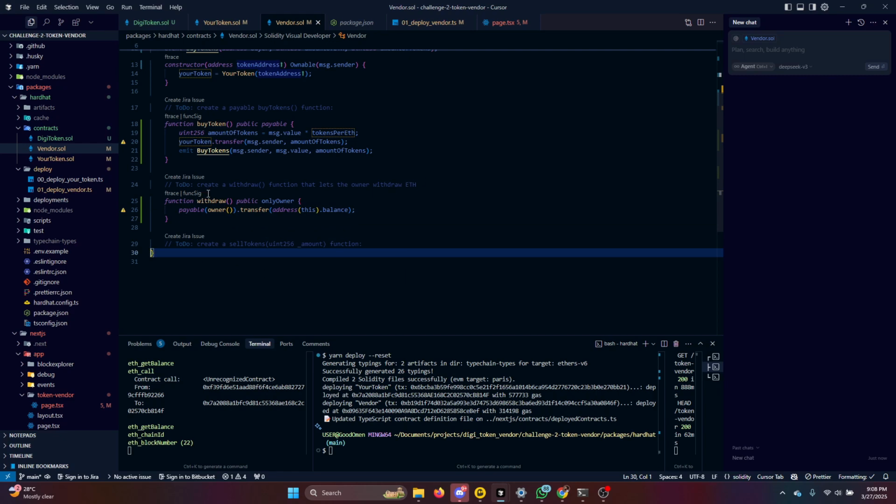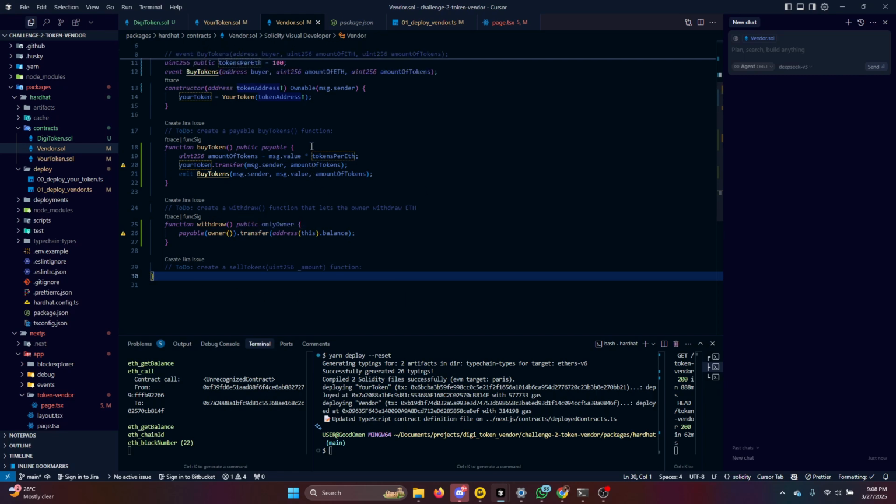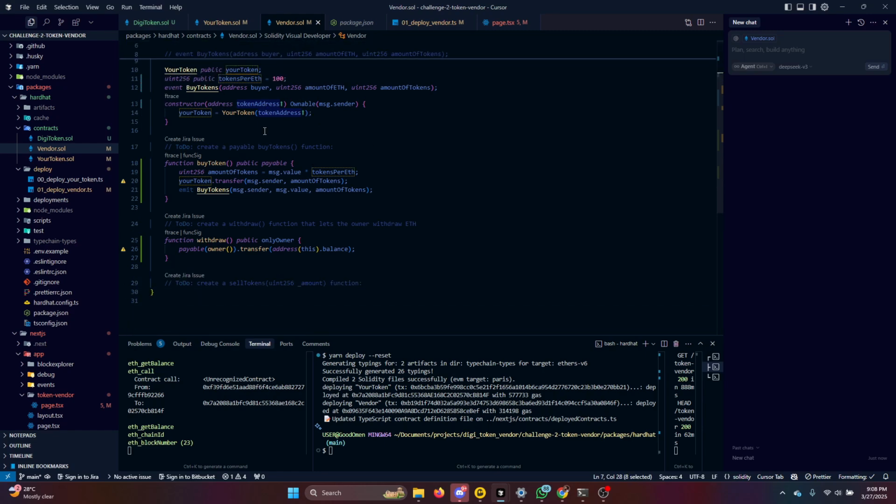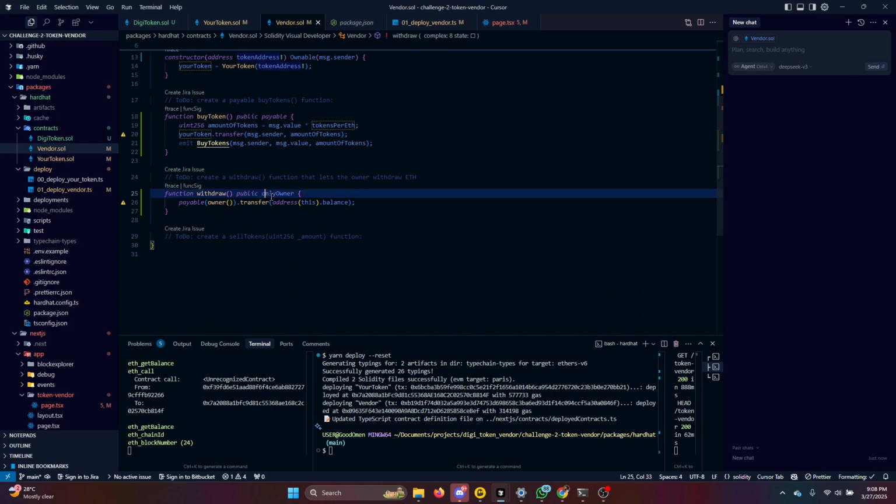So we have a withdraw function, and one of the good things that the Ownable, which we just inherited, gives us is this utility function called onlyOwner, and it's basically a modifier. What that means is a little piece of code that modifies what a function does. This little code here is now making this withdraw so that only the owner of the contract can call this. And what it's basically saying is transfer the balance, but it's using the transfer,